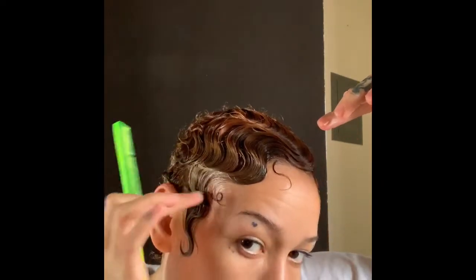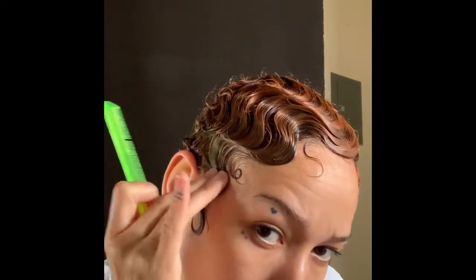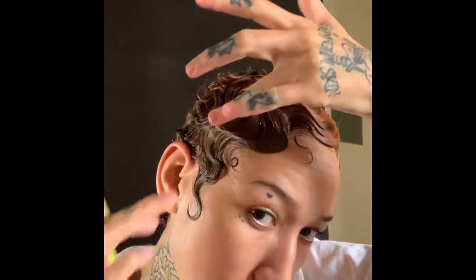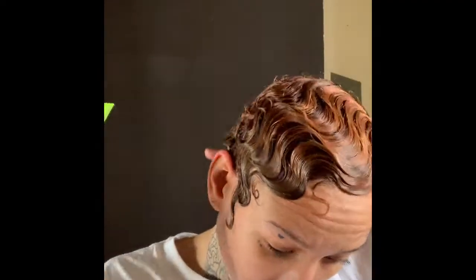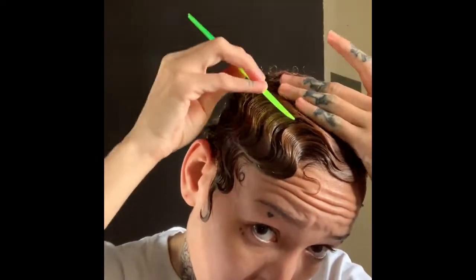And then if ever I need to just lay it down, I just use the back of the comb to press it on. Boom. You see, I get it right. You just use the back of the comb to lay it down, make it look smooth. Or I like to use my fingers. That's why I got 10 of them, to put them to good use. So, boom. Once I get my front together,